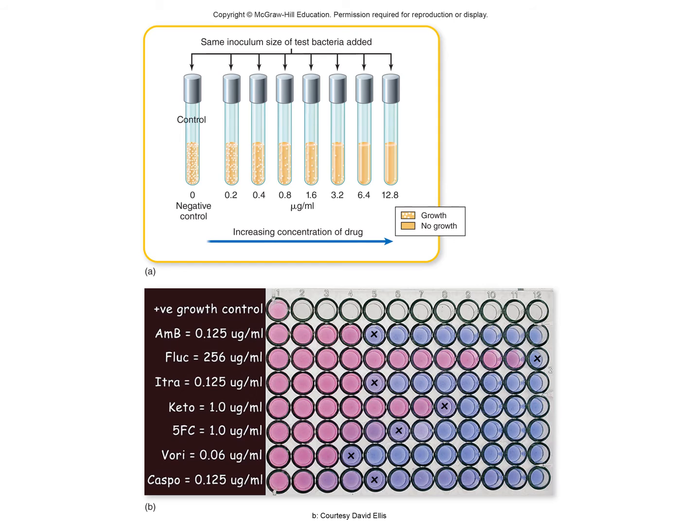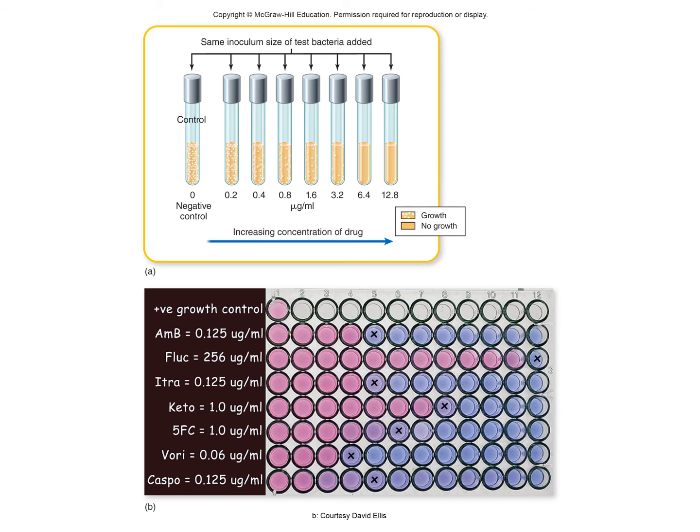Anyways, as you see the other test tubes, it's showing you 0.2 micrograms per milliliter of the actual medication, and then the amount of medication goes up. Obviously, if we have more of the medication, we expect it to kill that particular microbe. If you have less, it depends on how little of it you can use. Remember, we don't want things to be harmful to the person or the host. So we want to use something that's effective and going to kill off the particular microbe, but we want to use as little as we possibly can to still be effective.